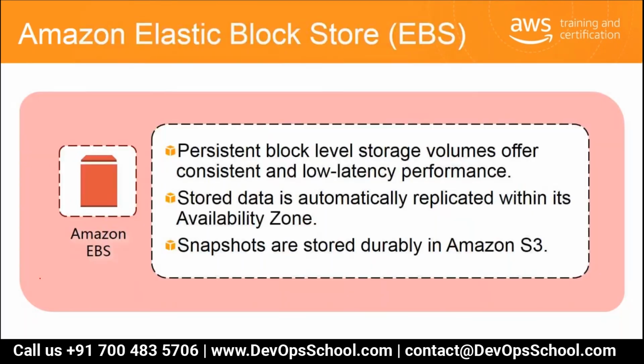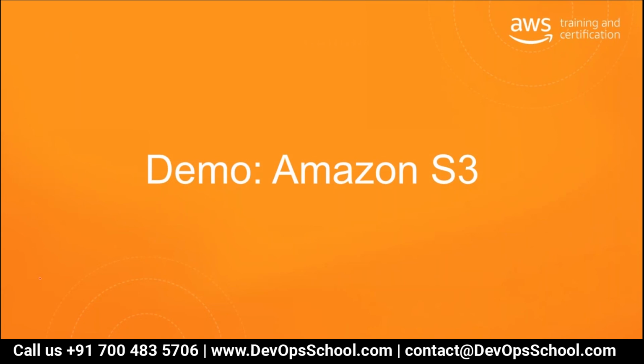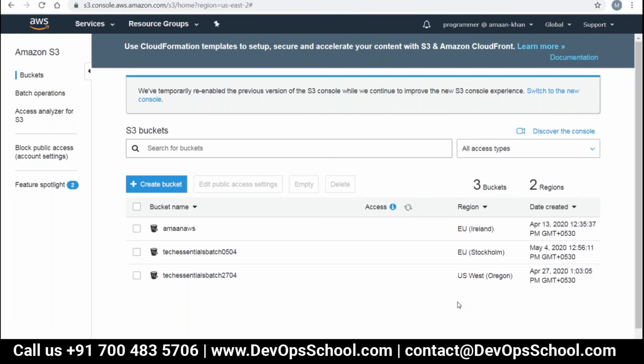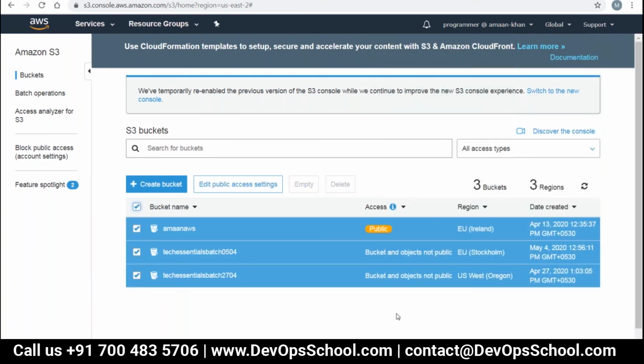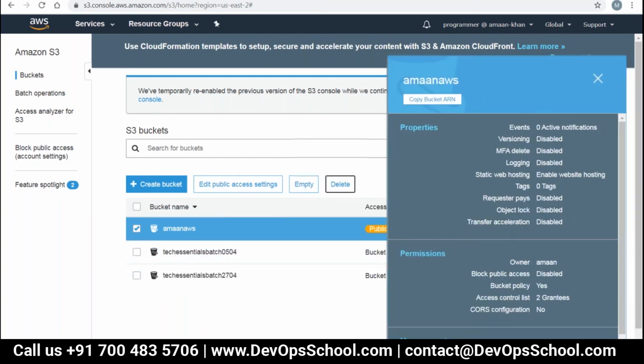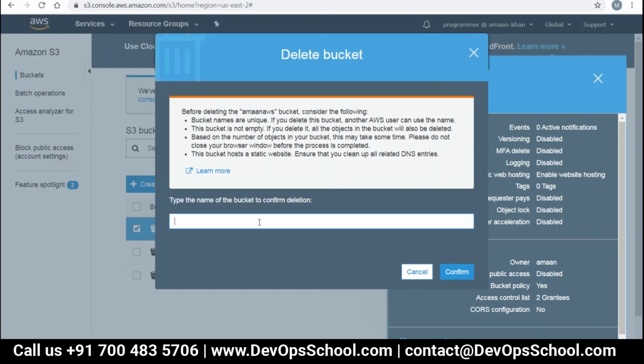So let me have a quick demo of S3 for you. If you see, I am in S3 now. I have a few buckets which I created in the past. I can delete them because I don't use them.